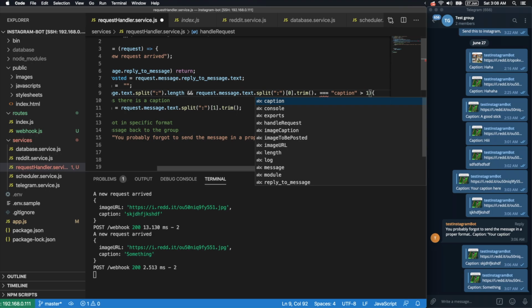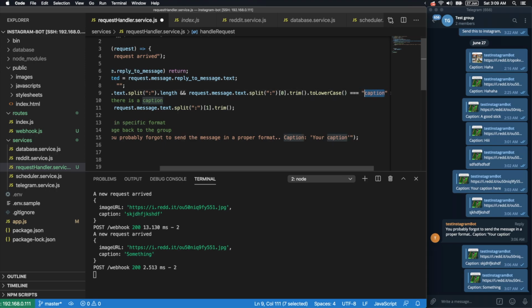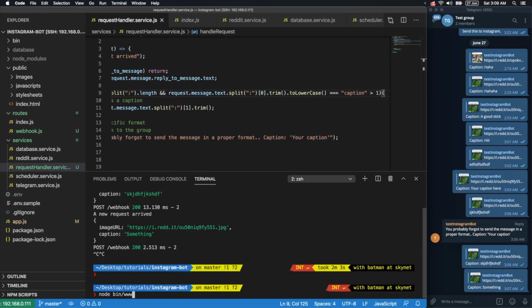That is a function, and then to lowercase. Yeah, so this is a function. What this will do is check whether the first string is caption or not. Let's save this, restart this,